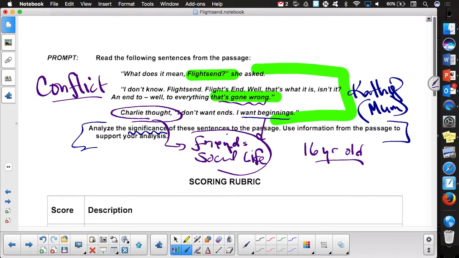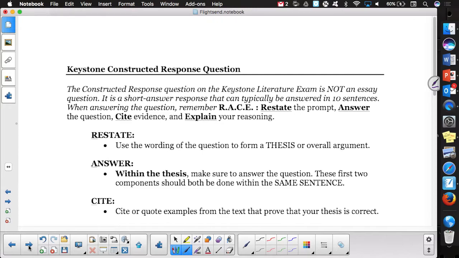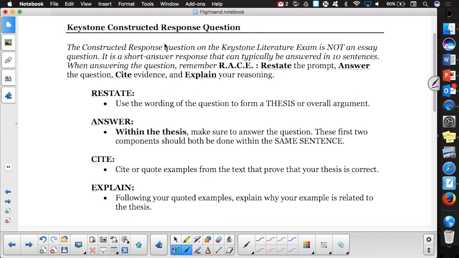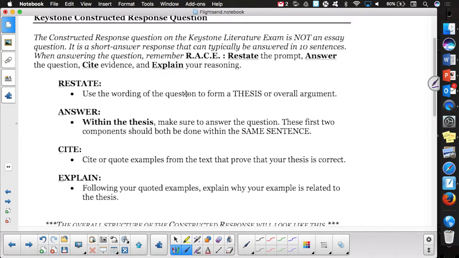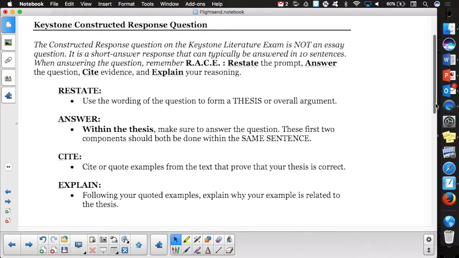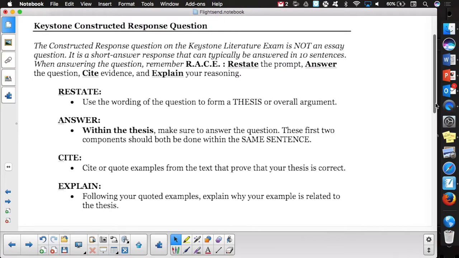Now, the separate sheet that you have, not the one with the questions, but the one that says Keystone Constructed Response. I need everyone to take this page out. Thank you. Which one? This one. Oh, I got it. Jaquez, Dribble, you need heads up for this one. For this sheet,